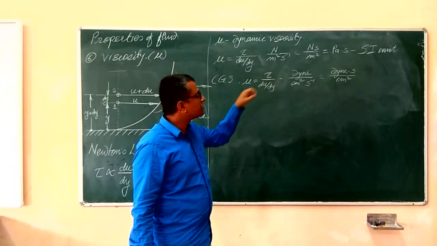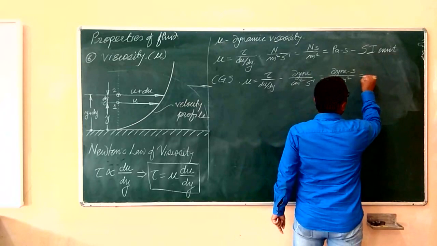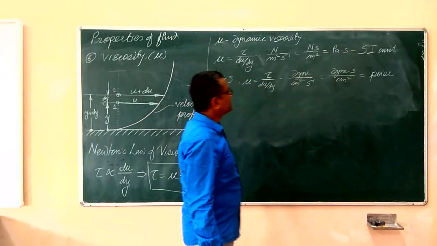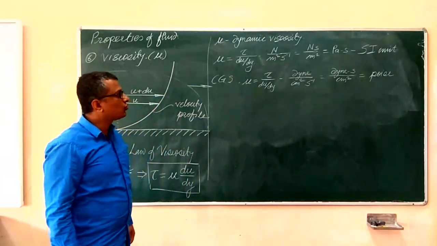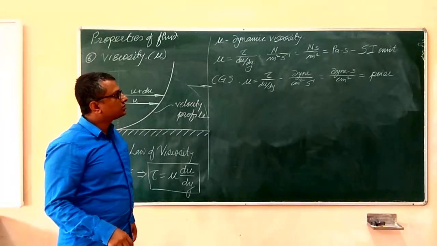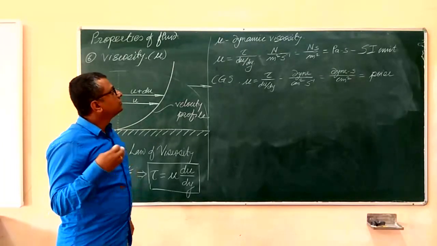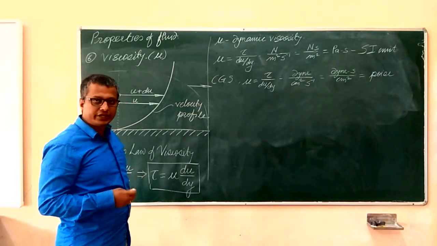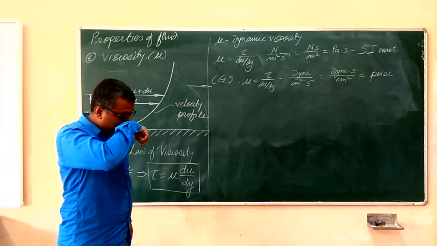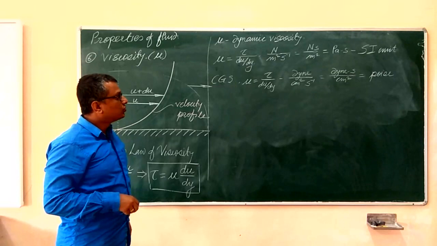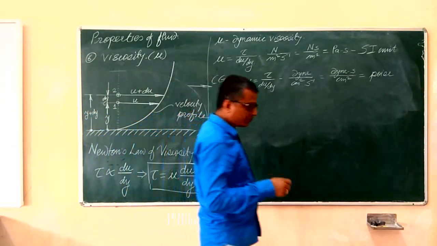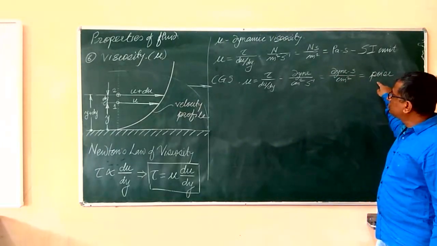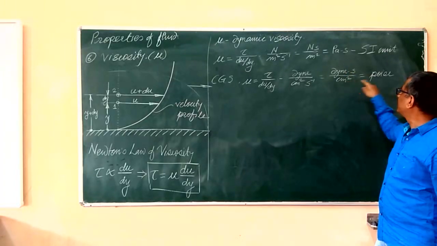So that is the CGS unit for the dynamic viscosity, dyne second per centimeter square, and that is named the Poise, right? So I can say that 1 dyne second per centimeter square is equal to 1 Poise. Poise is basically the name given to the CGS unit of dynamic viscosity in honor of the scientist Jean Léonard Marie Poiseuille, a very famous researcher, scientist, and French engineer, who made a lot of contributions to the subject of fluid mechanics. In honor of that scientist, the unit of dynamic viscosity is named Poise.